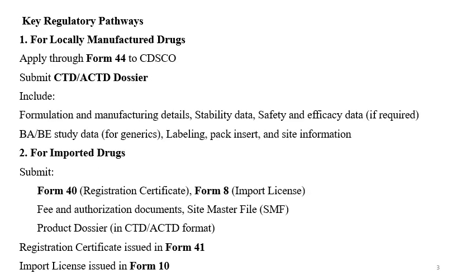Key regulatory pathways in India for locally manufactured drug and for imported drugs. For locally manufactured drug, apply through Form 44 to CDSCO, submit CTD, ACTD dossier. It includes formulation and manufacturing details, stability data, safety and efficacy data, then BE study data for generics, labeling, pack insert and site information. So all this information is provided to CDSCO for getting the approval or license for the